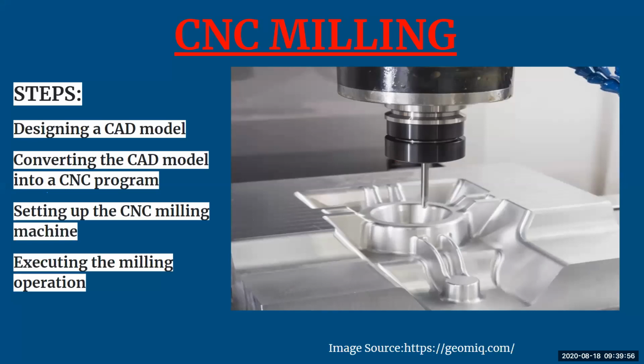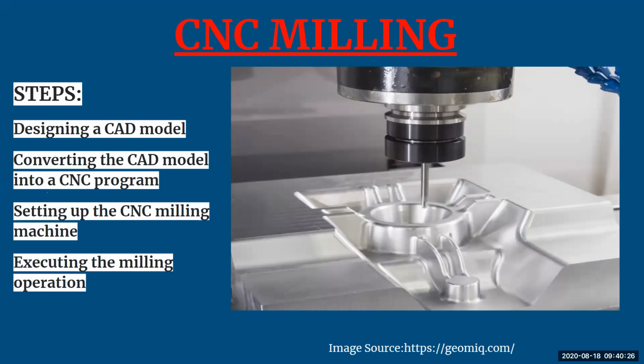Here there are two things which are very important. One is your G code and another is your M code. G code is a programming language which the CNC machine understands and which instructs the machine where and how to move. All your CAD files, once they are converted into a CNC program or CNC file format, the most common file format used is .G code.